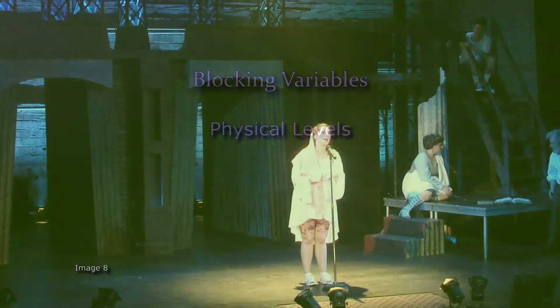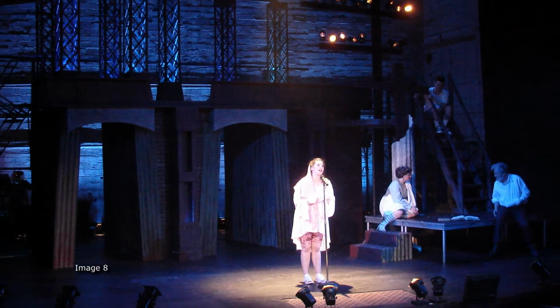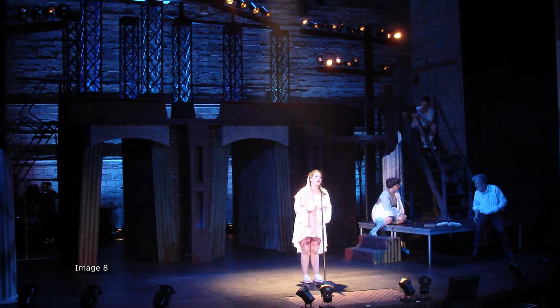There are other variables that affect the strength of the blocks on the stage. A wise director knows how to manipulate these variables for all they have to offer. The most significant of these variables is the employment of physical levels. The down center block is the strongest block because it is closer to the audience and makes the actor who is staged there appear larger than those in the background.